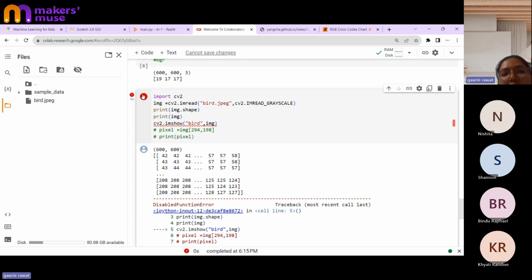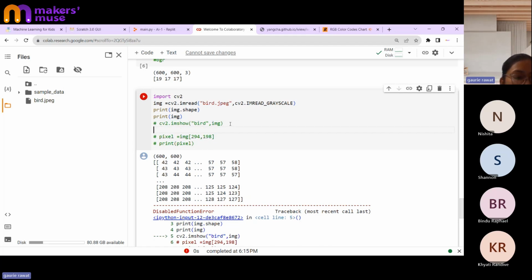Okay. Now, if this command doesn't work, how can we work it out? Like sometimes what happened on the REPL, because this is uploading the image over here, you have seen the same command on the REPL was not working. So sometimes the commands are not working, but you want to have a look at the image. So what you can do, we have another command by which we can get the output of this image, that is cv2.imwrite. Okay, so I want to have a look at this image. So I'll write cv2.imwrite.